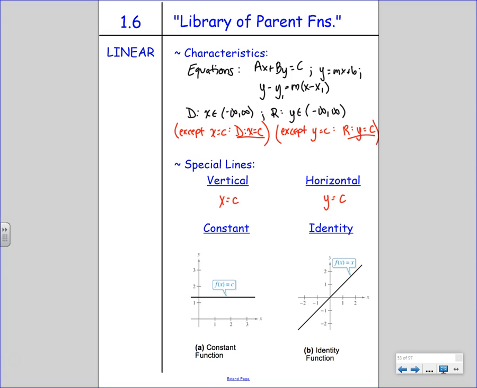Identity function, when x is 1, y is 1. When x is 2, y is 2. Pretend those points are on the line. When x is -1, y is -1. Y equals x. It's super important for lots of reasons, but we'll talk more about it another day with inverse functions. But not today. You guys have it? Going once, twice, and